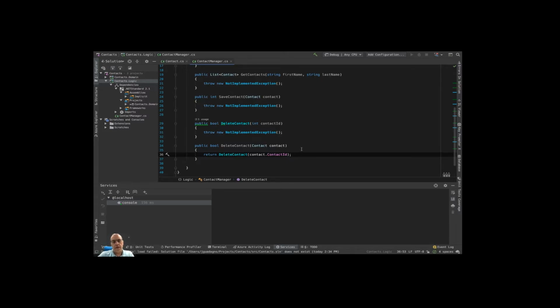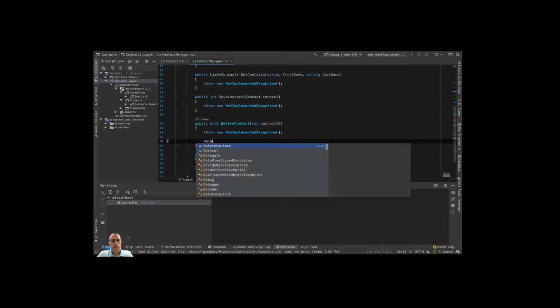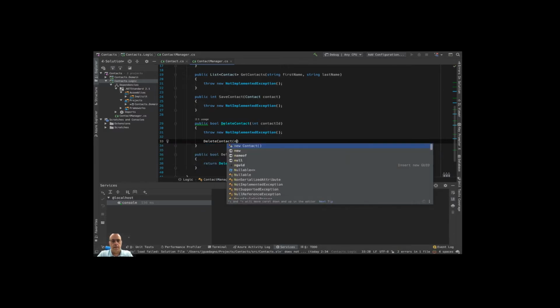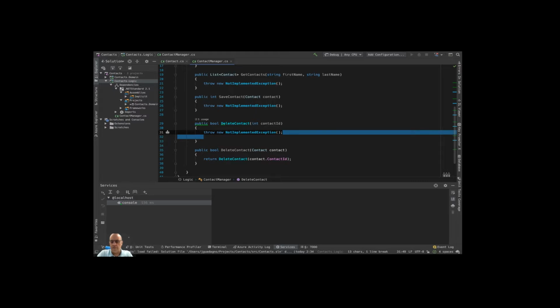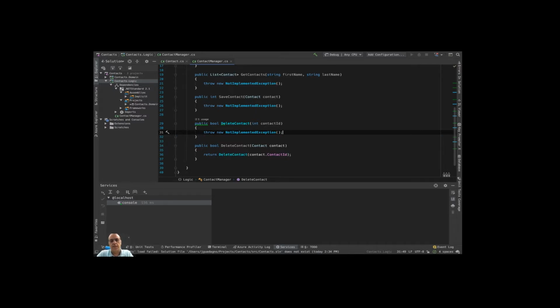However, there is a bug within this particular method. If a user was to do something like delete contact null or pass in an object that's null, the method at line 36 would break because we would get the very infamous and very painful object not set to an instance of a variable. So let's do some defensive programming and make sure that we avoid